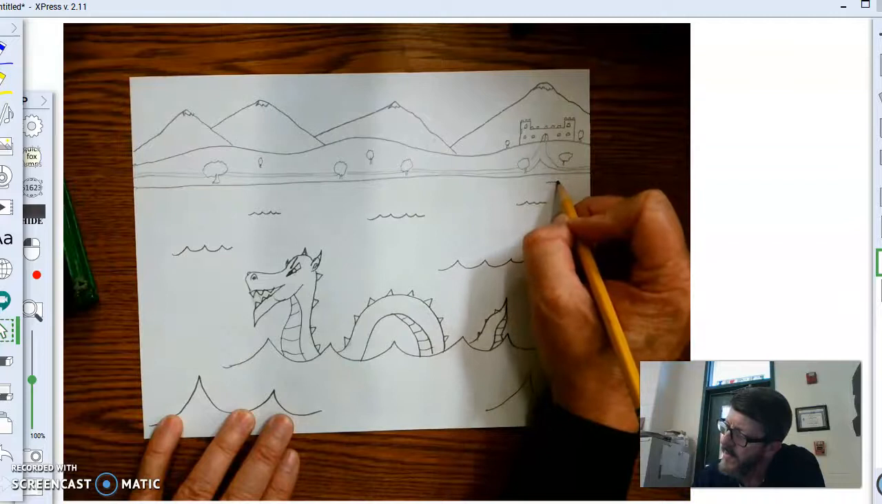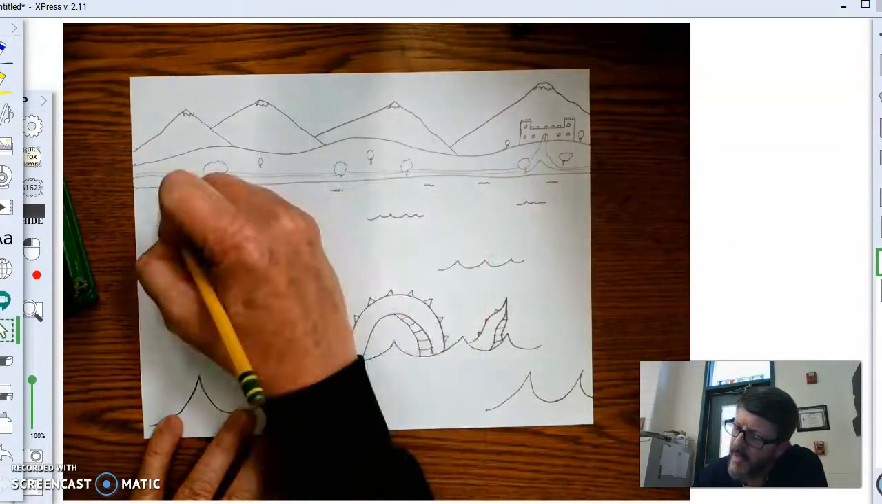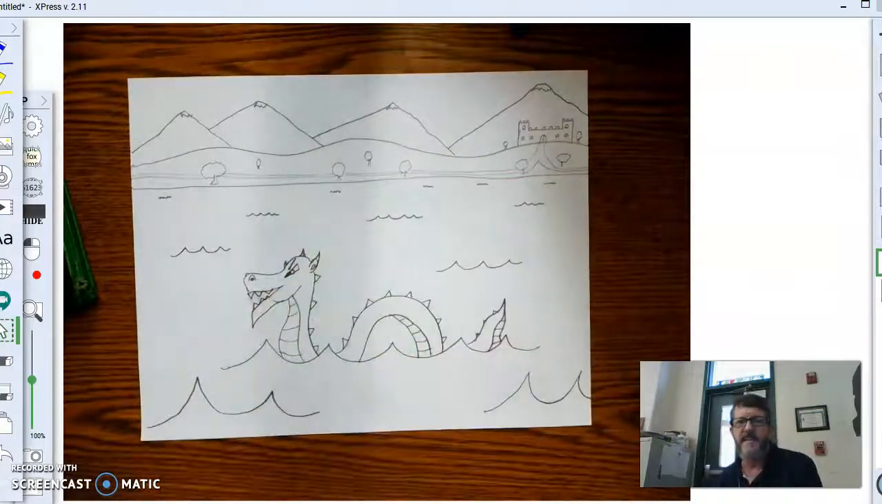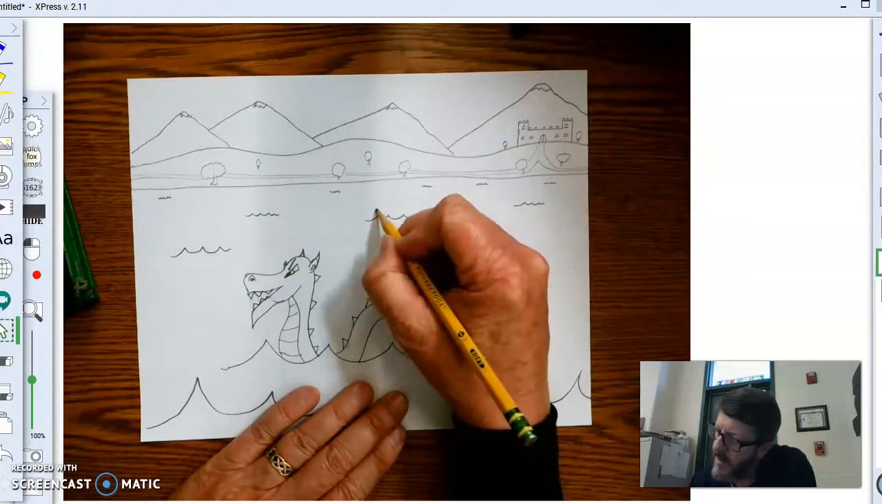Way off here, they're going to be tiny. And that will create a sense of depth, like it's really going off into the distance. See that? All right. And if you want to add a person in a boat or something, you can go